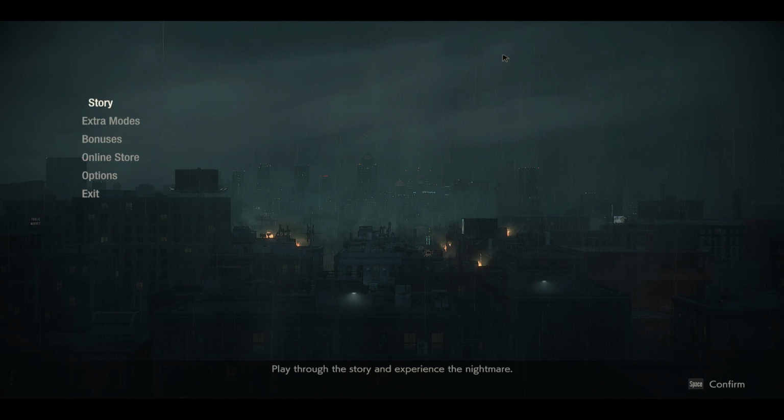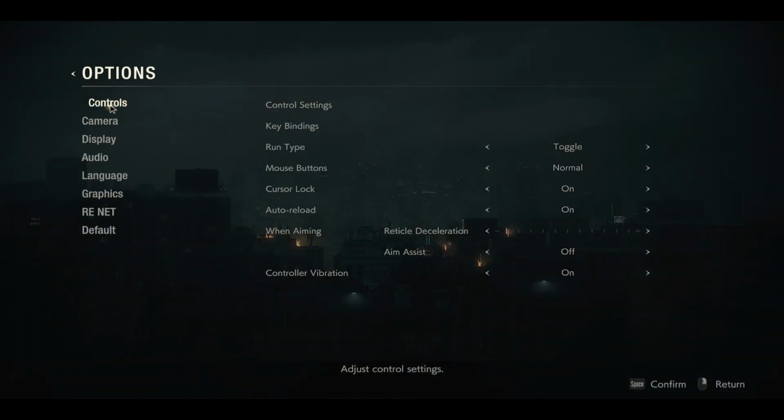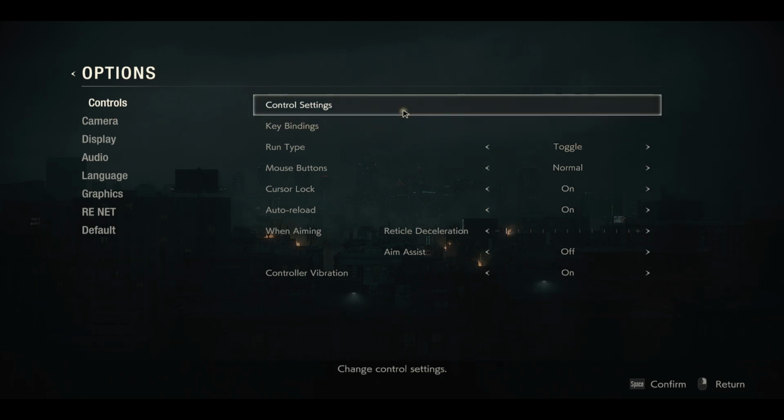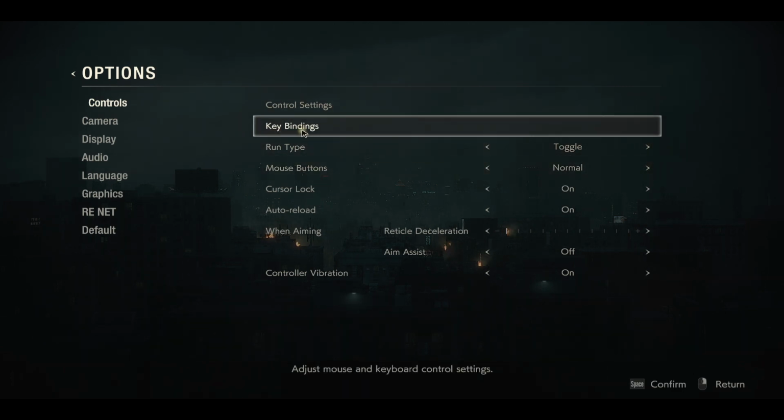First of all, open up the Resident Evil 2 game on your device, and once you open it up, you will be taken into the main menu. From here, in order to change your control settings, you can go ahead and click on the options menu. From here, click on controls, and now you will be able to redefine your control settings by clicking on key